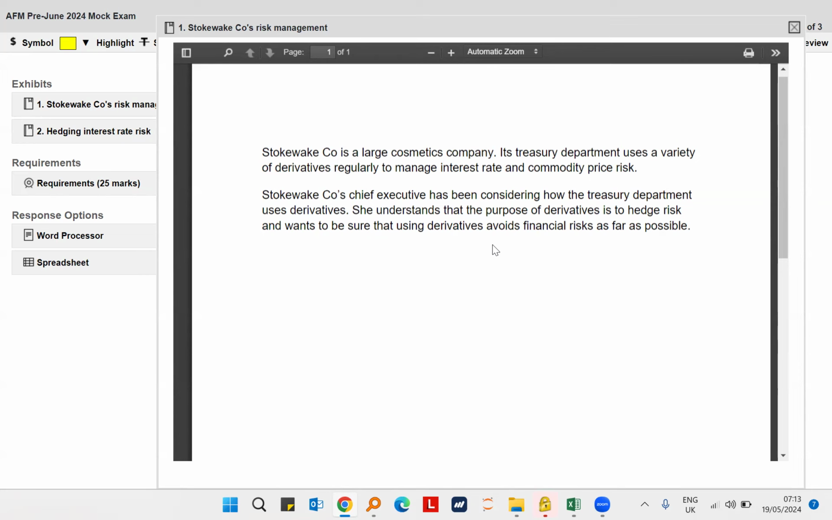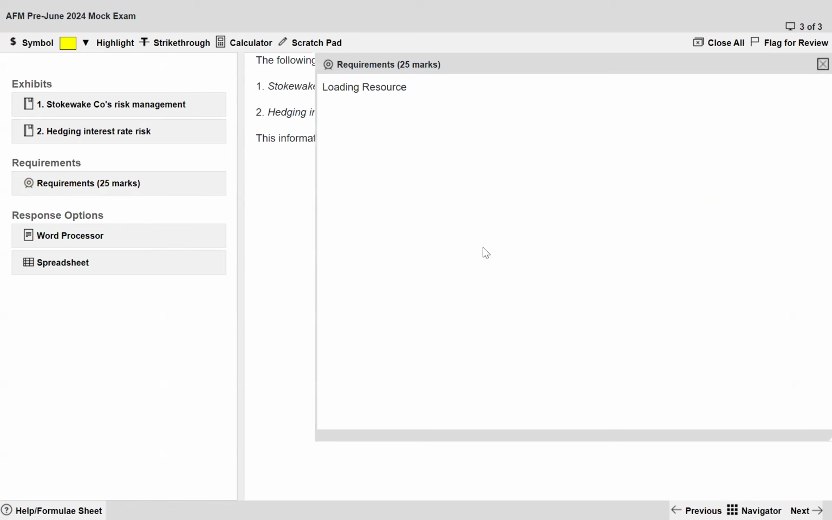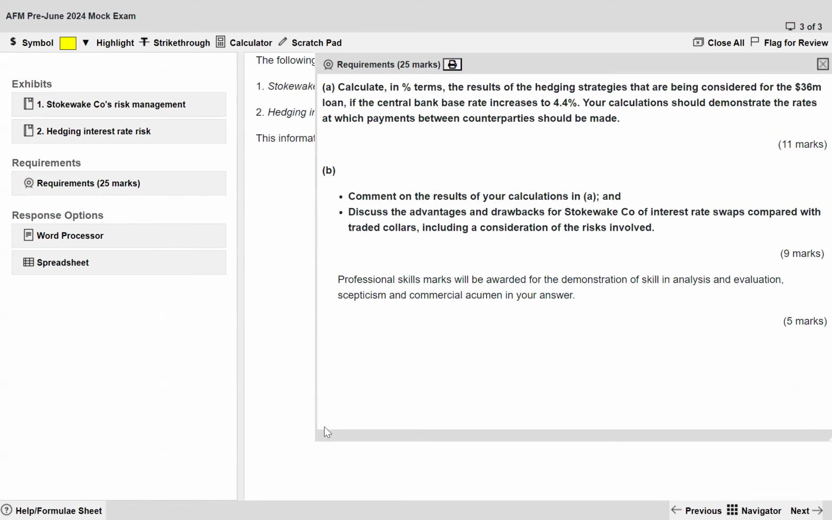So the question you're looking at is called Stokewake, and they have given us two exhibits for it. And of course, the first thing we do is to look at the requirements. And the requirements are saying,